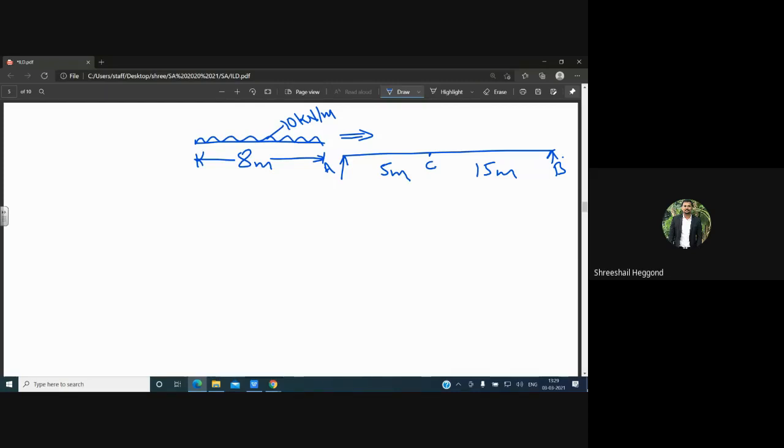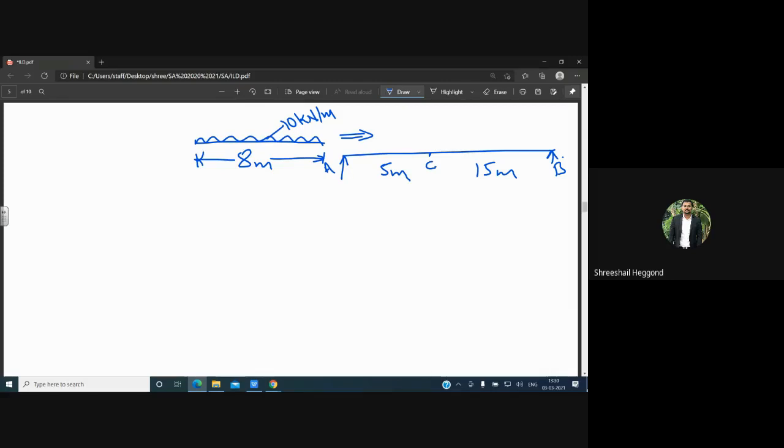As well as what will be the shear force at the C point, the maximum positive and the maximum negative, as well as what will be the maximum bending moment at the C point. These all we need to calculate, and those maximum values will be used for design of your next components, that is design of bridges, design of simply supported girders or fixed supported girders. Whenever moving loads are there, this analysis will be used.